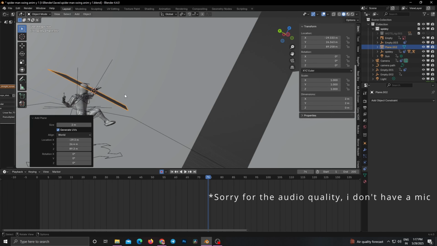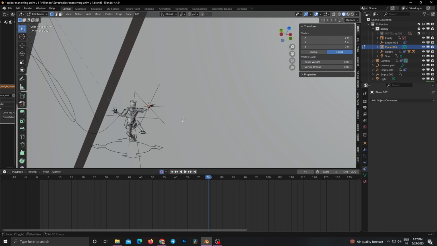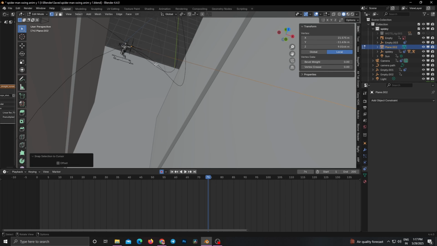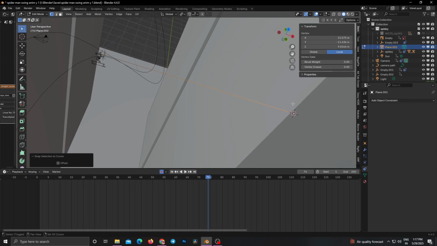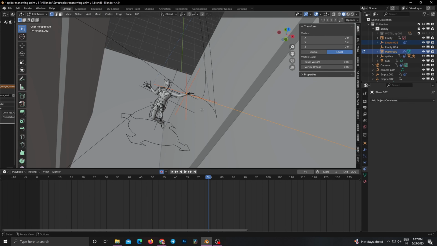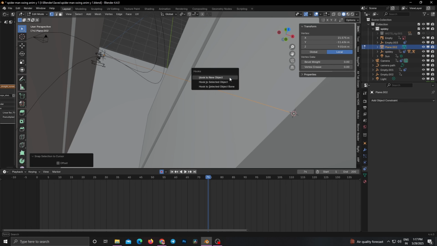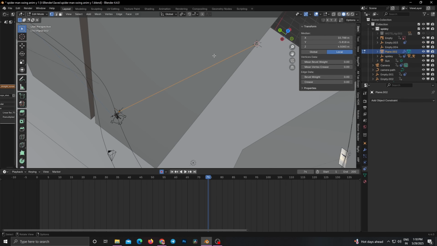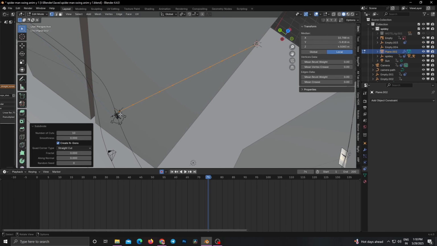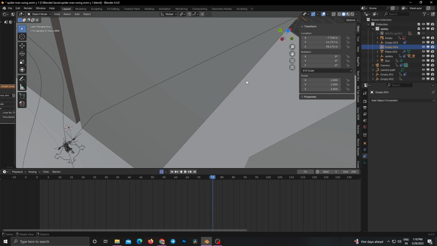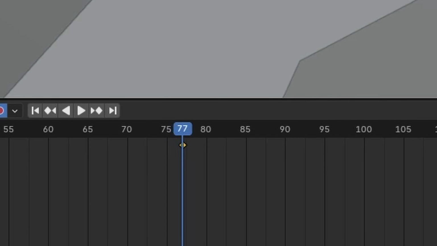Then add a plane, delete 3 of the vertices, move it to the empty, extrude it out and place the other end on a building. Then selecting both the empty and the vertex, press Ctrl H and hook the vertex to the empty. Then hook the other end to a new object. Then subdivide the web. Now move forward a few frames, add a keyframe to the empty on the wall